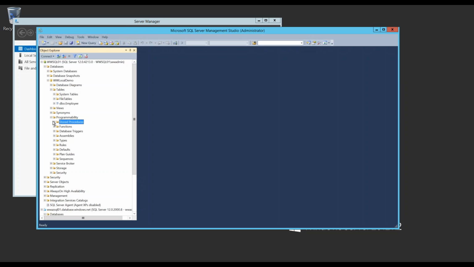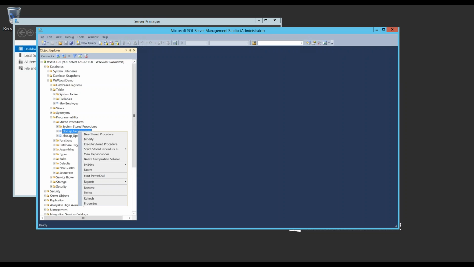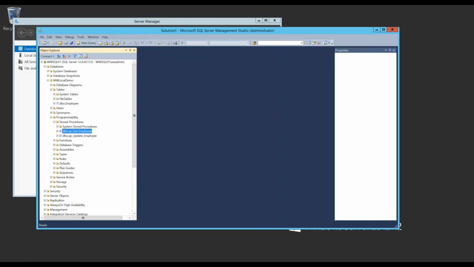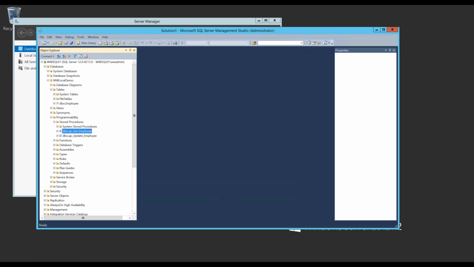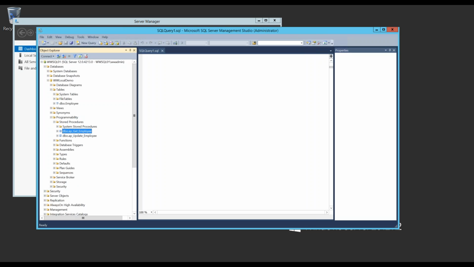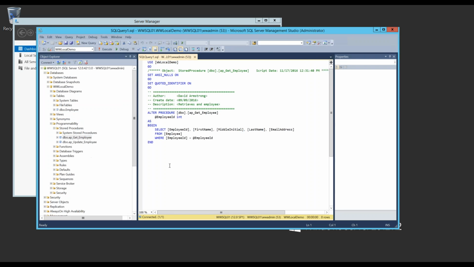Anybody that's used to writing code will hopefully be writing stored procedures. And of course, if you're using the Entity Framework, that's all supported as well. But just to show this, I can bring this up, and up comes the stored procedure with a select. Very simple, it takes an employee ID and brings back some attributes.